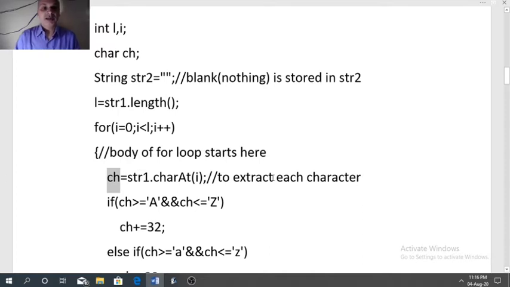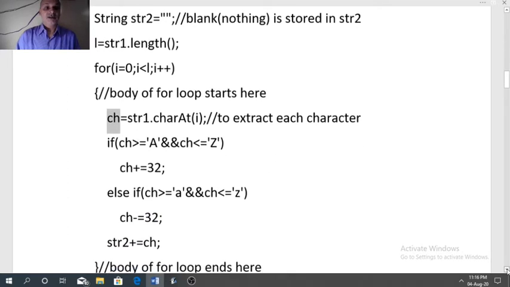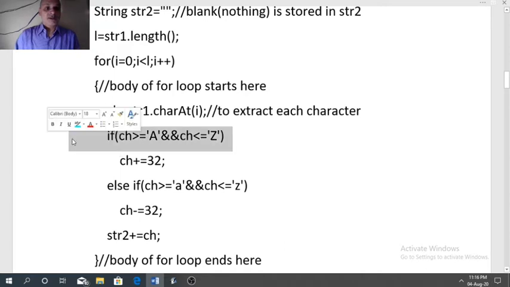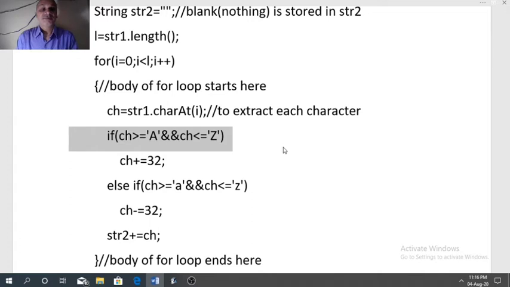It means the first character of the string will be stored in ch, because the first character is present at 0 index. Now we have to apply the logic on this character. The objective is to change uppercase into lowercase, lowercase into uppercase, and other characters like digits and special characters must be unchanged.